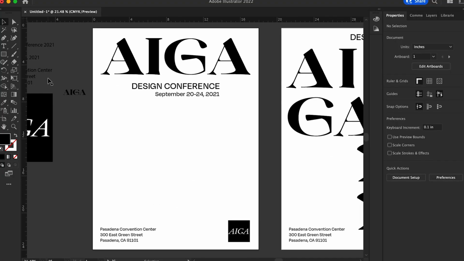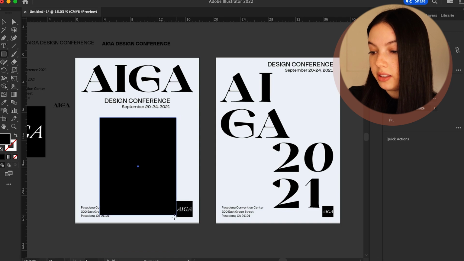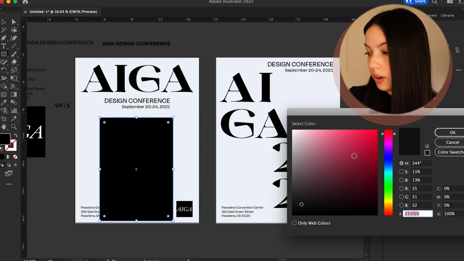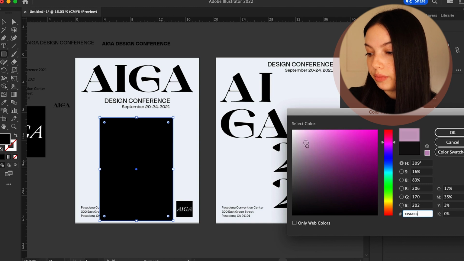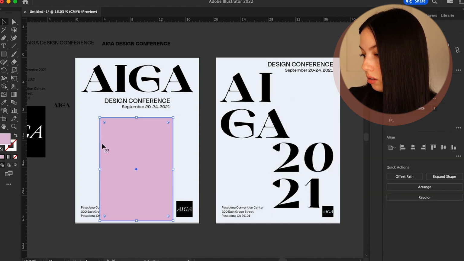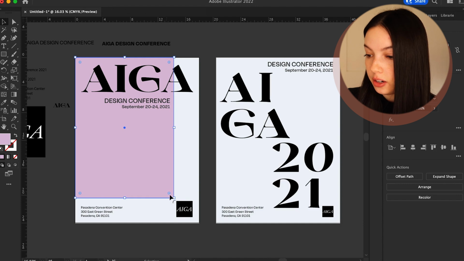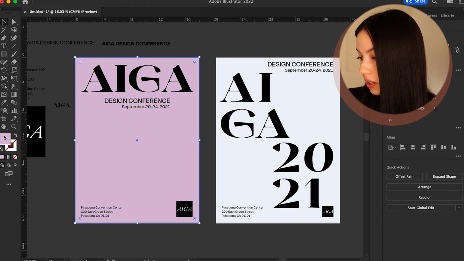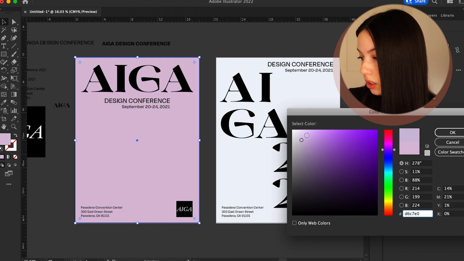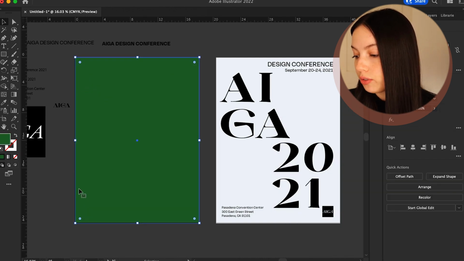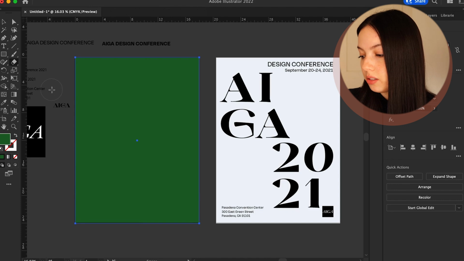Okay, so now that we have this laid out, we need to add color and a little bit of design elements to create an interesting poster. So I've made these boxes a tiny bit off-white, kind of in a cool tone. I like the way it looks, I think. So for this one, I'm actually going to create another box on top. Let's pick a stronger color maybe. So this is gonna go completely on top of everything. And then we're gonna just erase, which is a weird concept, but that's what we're gonna do.